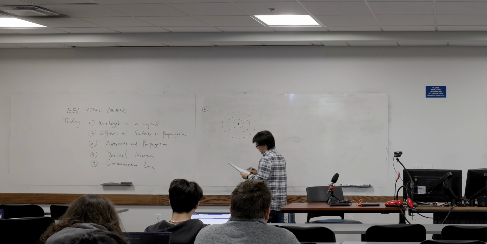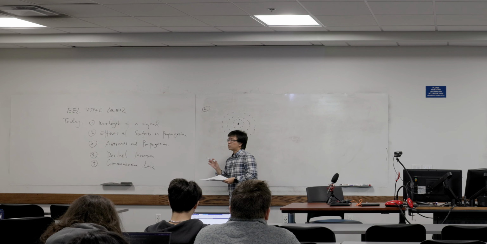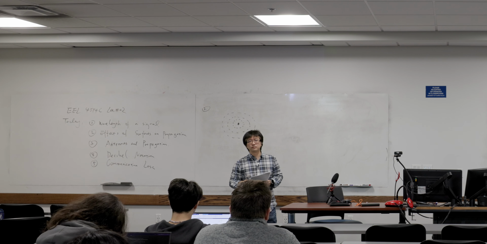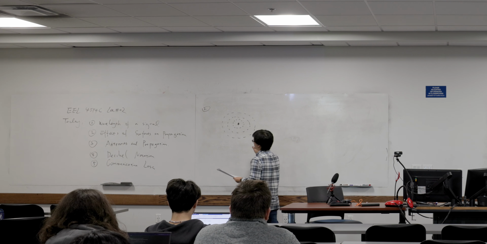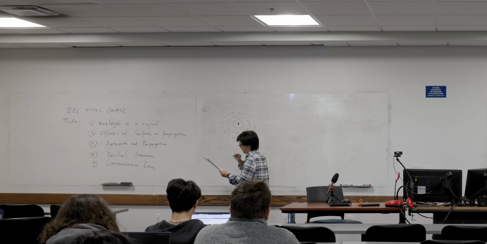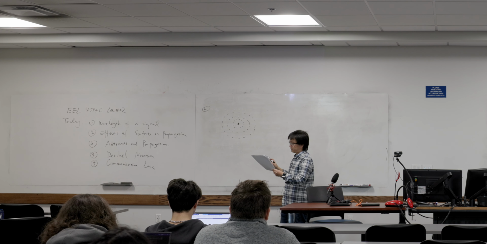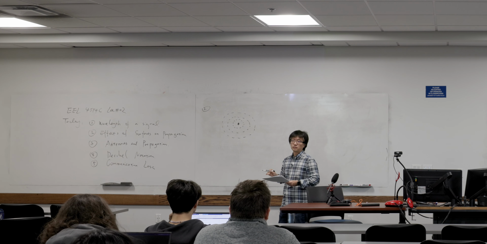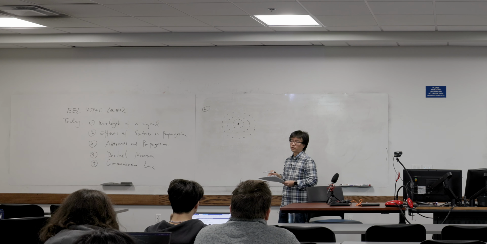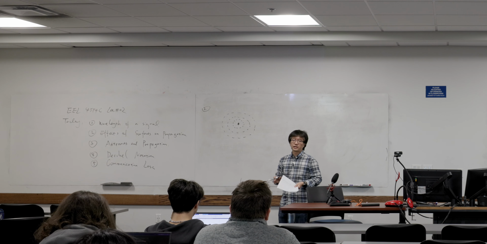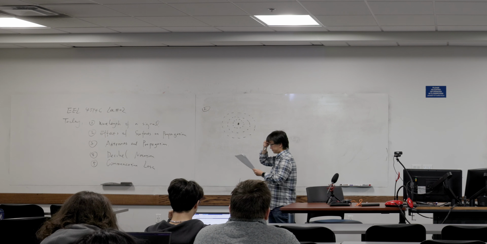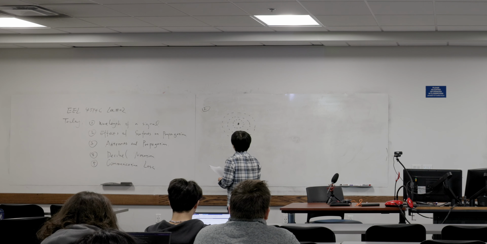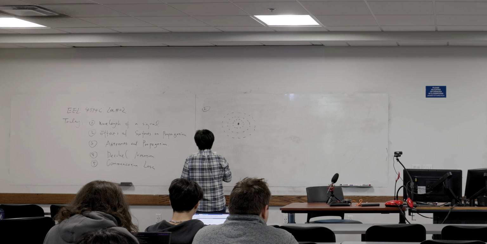Now the problem is that when it touches something, what will happen? Basically, when the RF signal interacts with a surface in the environment, what will happen depends on two things. One is the wavelength, and the other is the size of the object, or the features of the object. Now let's see, we have three cases to consider. The first case is